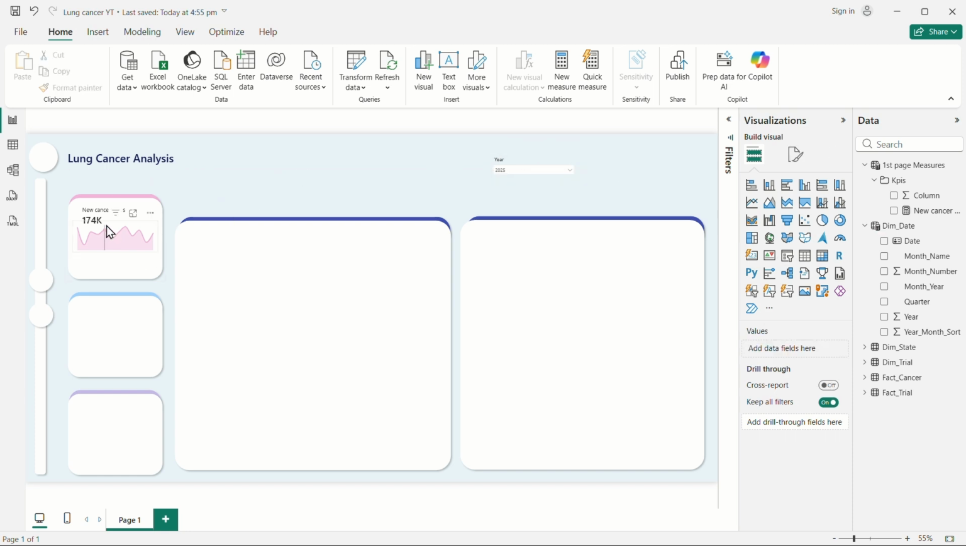So our new cancer cases and its trend has been created. And if you want month, but it is monthly only, so let it be. So for this now, first KPI has been created. We will create a second KPI, that is mortality rate